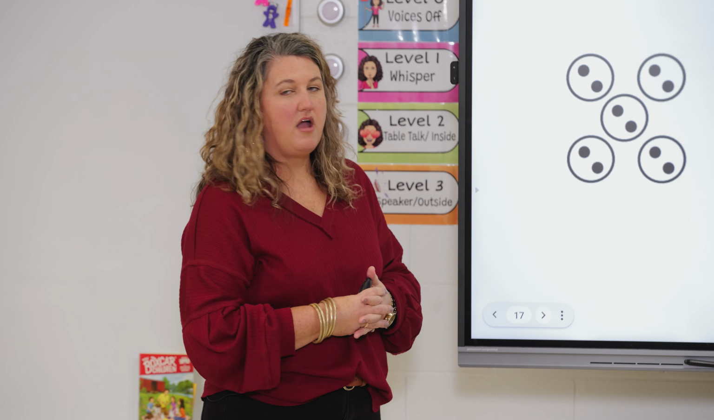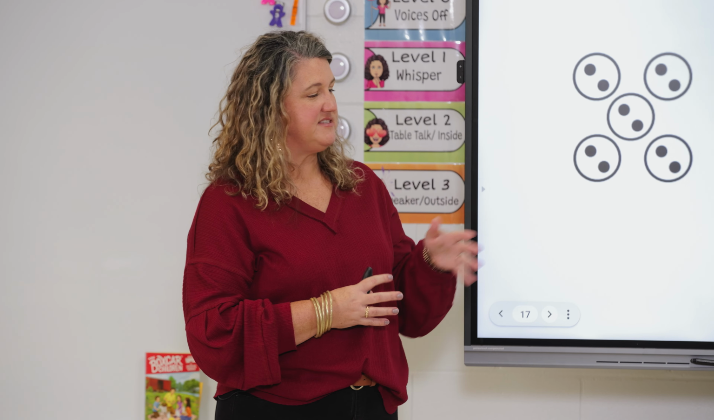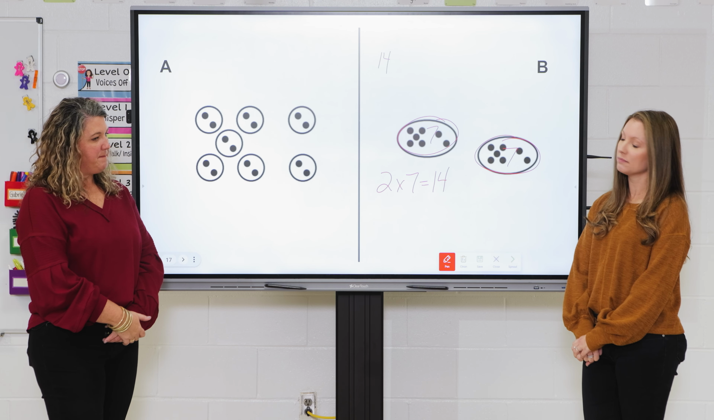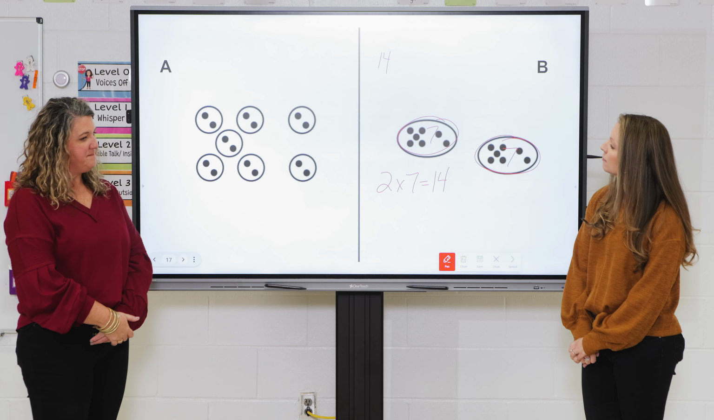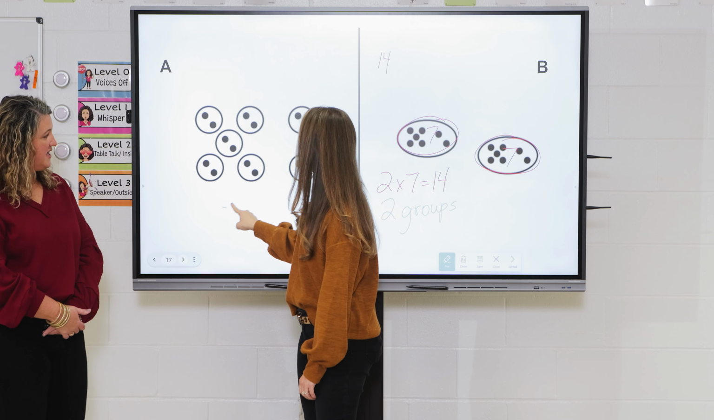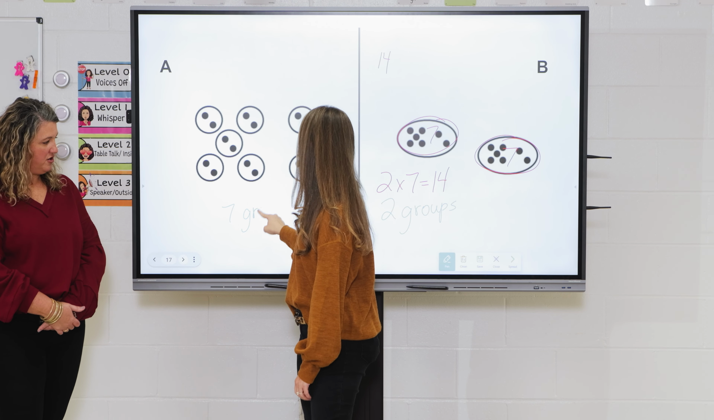Very good. All right, so how are slide A and slide B alike, and how are they different? They're alike because they both got 14. Very good. They're both alike because they had a total of 14 dots. How are they different? One of them has 2 groups, and one of them has 7. So slide B had 2 groups,